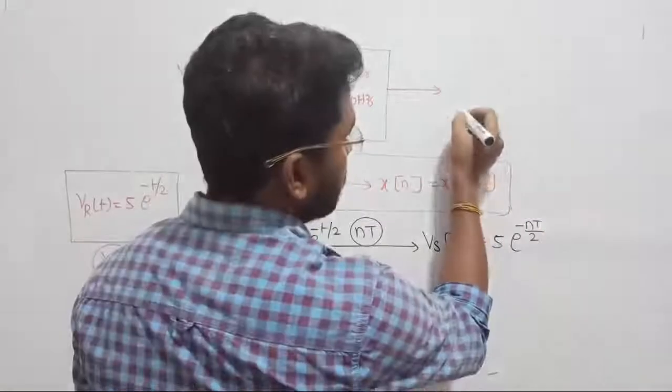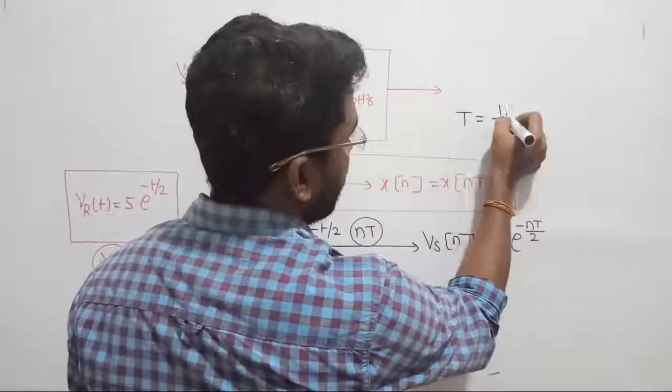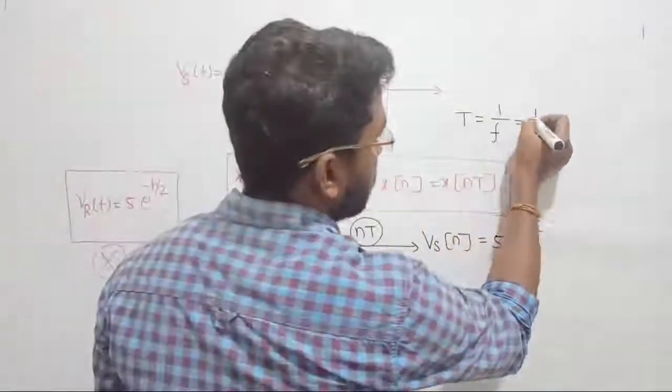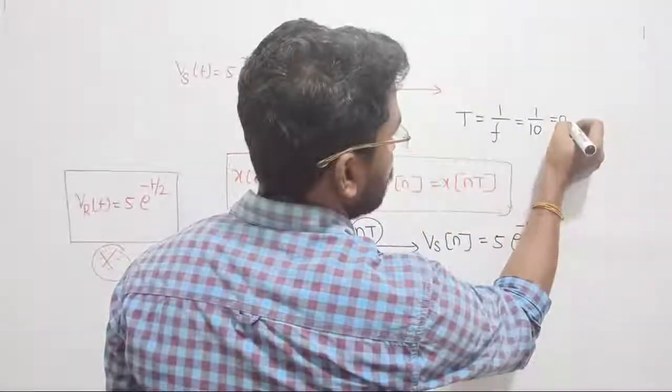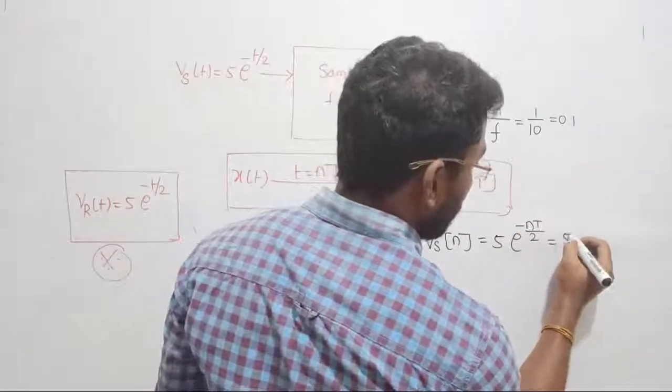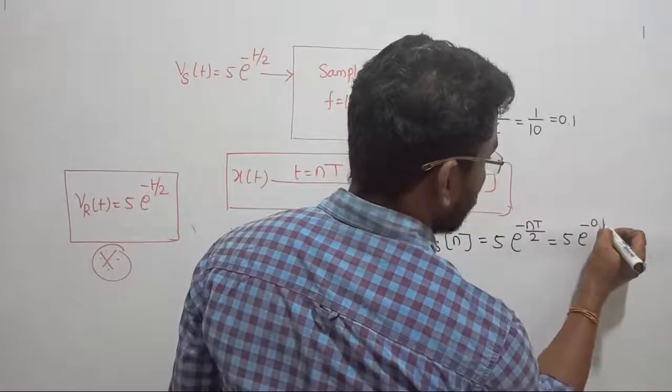Next, I said this t denotes the fundamental period. It is reciprocal to the frequency. Now frequency is given as 10 Hz, so 1 by 10 should be equal to 0.1 second. Such that this value can be further written as 5 into e power minus 0.1 times of